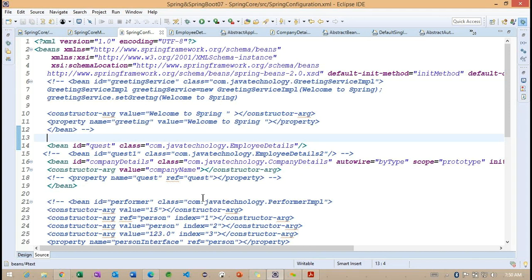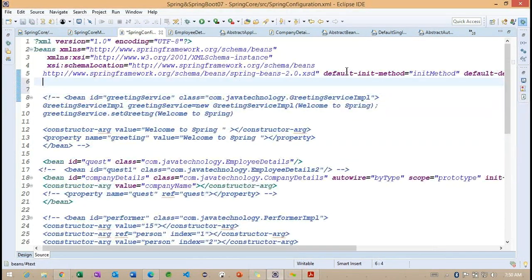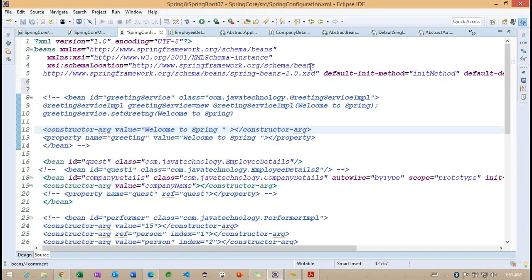These examples are related to containers. Getting the point? To work on this simple example, first we need to specify one tag. What is the tag we are going to work with? Now you can see we are not getting the tag related information. Let me press control space. Am I getting it or not? Now you can observe. Okay, first we need to add the XSD context here.